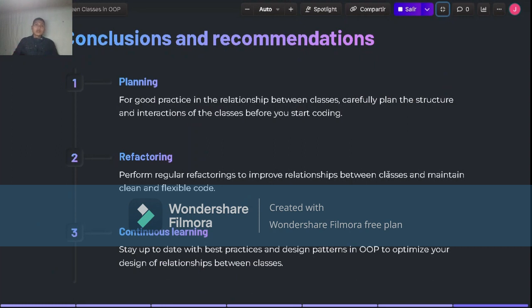Conclusions and recommendations. 1. Planning. For good practice in the relationship between classes, carefully plan the structures and interactions of the classes before you start coding. 2. Refactoring. Perform regular refactoring to improve relationships between classes and maintain clean and flexible code. 3. Continuous learning. Stay up to date with best practices and design patterns in object-oriented programming to optimize your design of